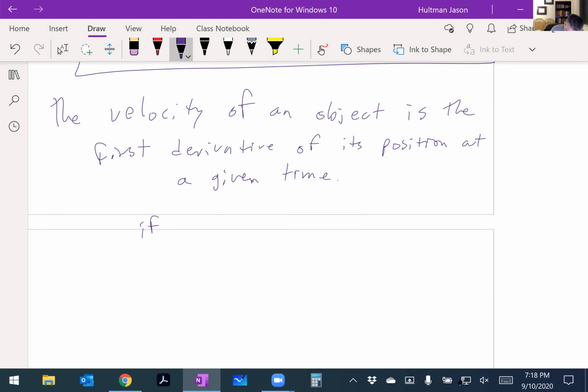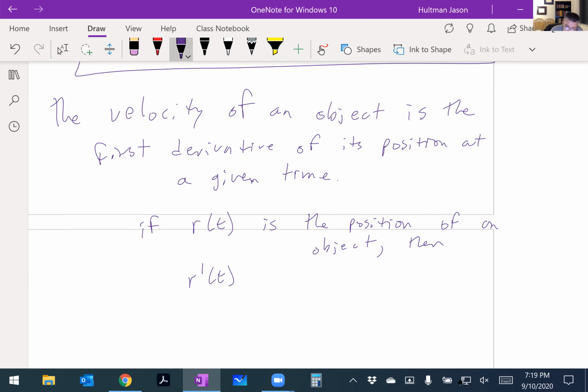If r of t is the position of an object, sorry. I'm getting Calc 3 and Business Calc confused. Okay, if r of t is the position of an object, okay, then